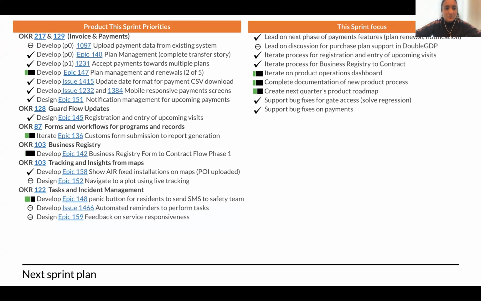In this sprint, we completed the plan management story. This one is the ability to transfer payments from one plan to another. We developed the ability to accept payments towards multiple plans, and